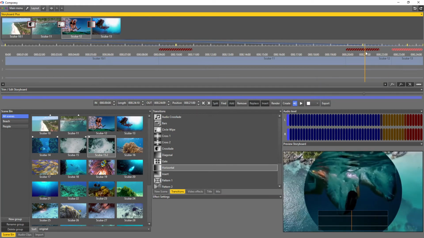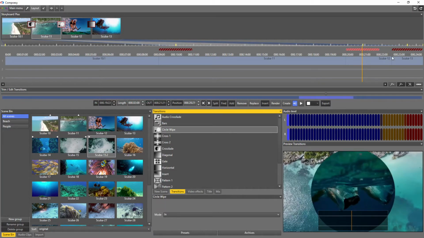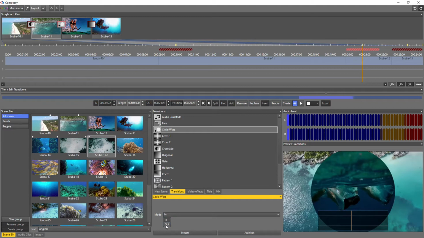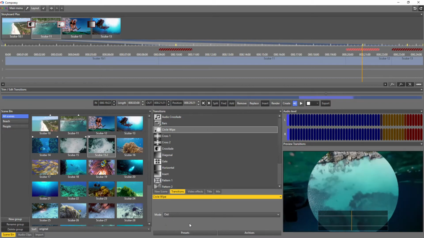If you want to change a transition, you can right-click it here and go to the effect. Then the options for this effect are shown here, and you can change the mode of the circle wipe in this case.